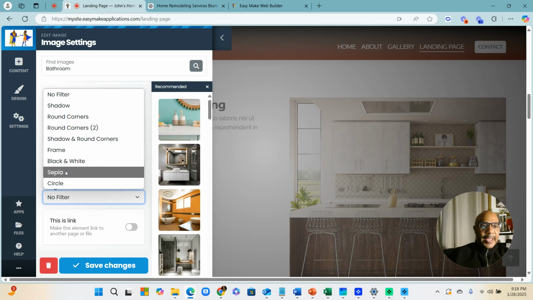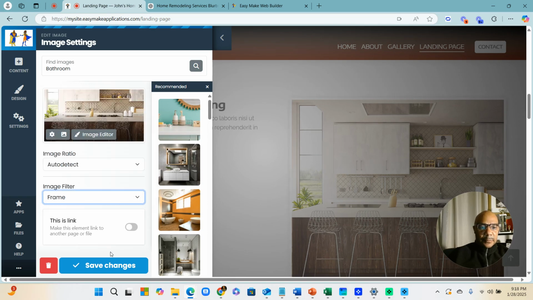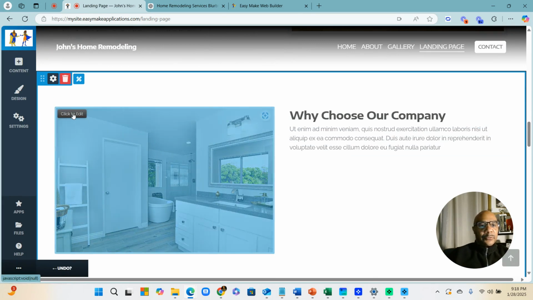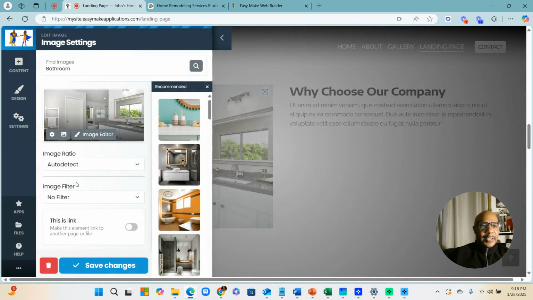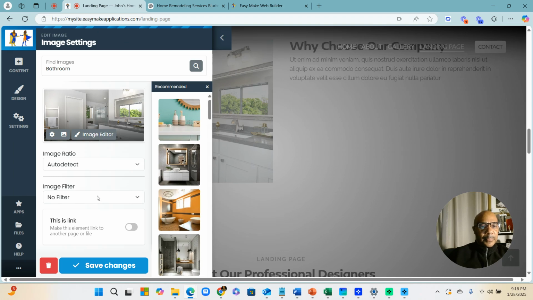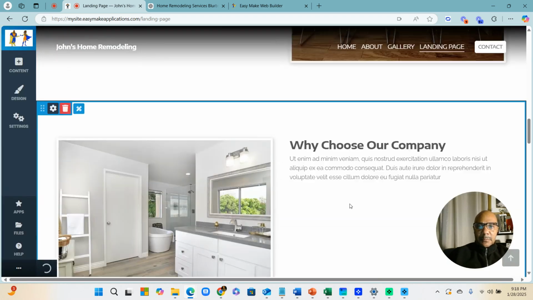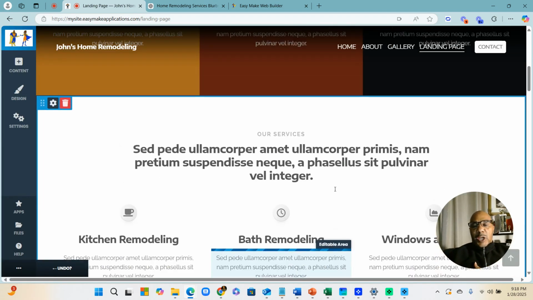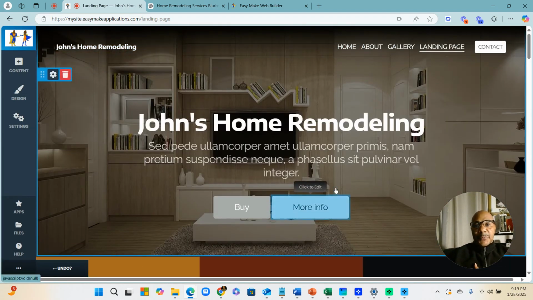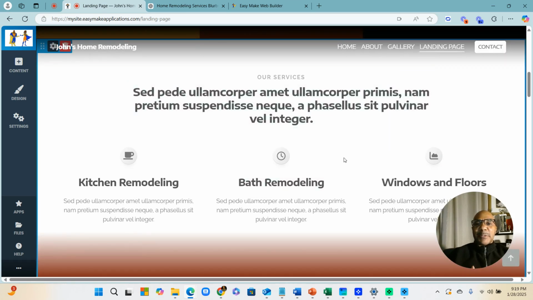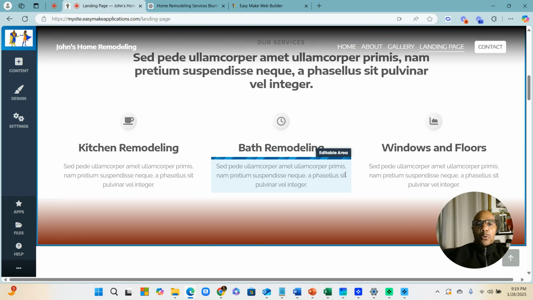And let's put a frame around it. Now a frame here. And let's also put a frame around this image as well. And now we have a frame. So the only thing that we need to do now is go in and add some content to our website,